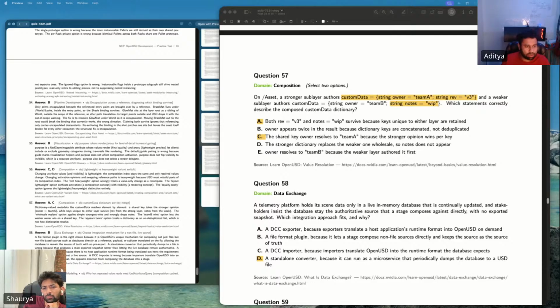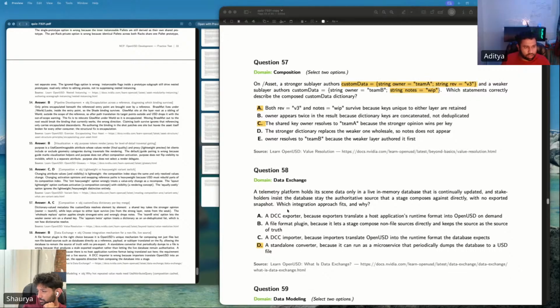Okay. So the telemetry platform holds its scene data, and the stage composes against it directly with no snapshot.